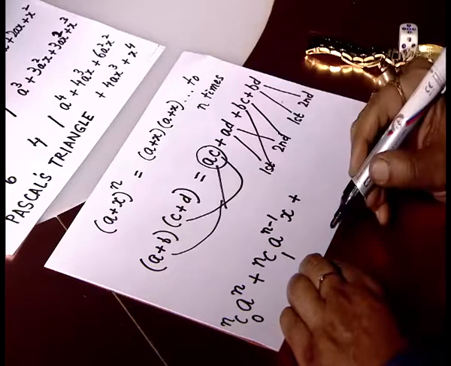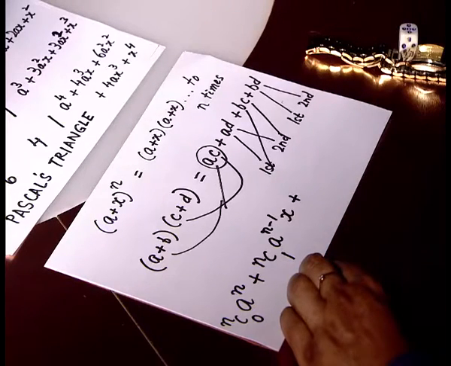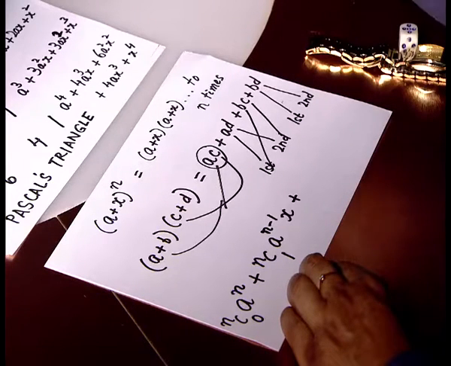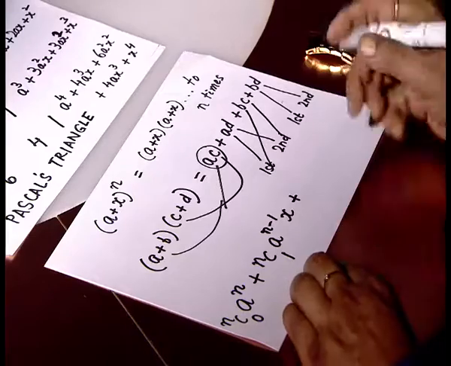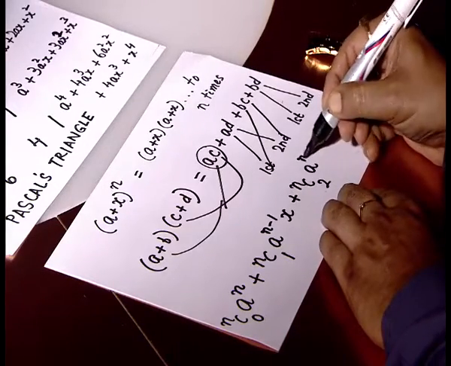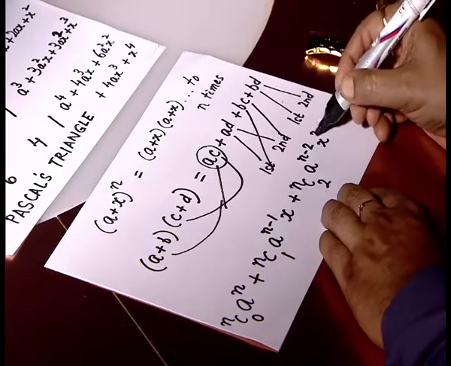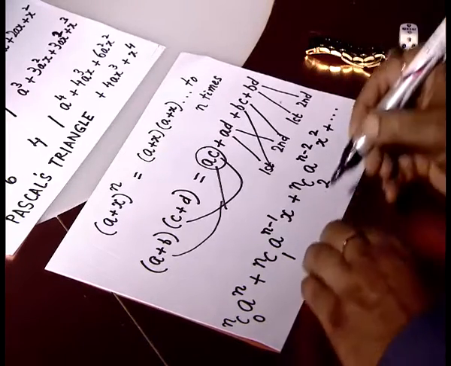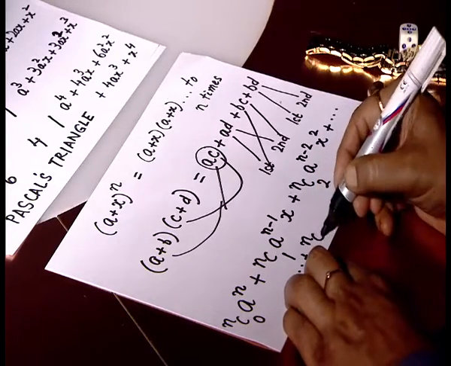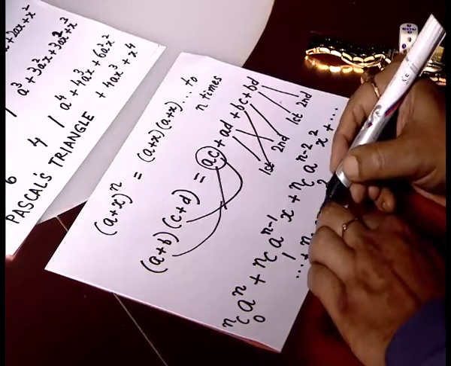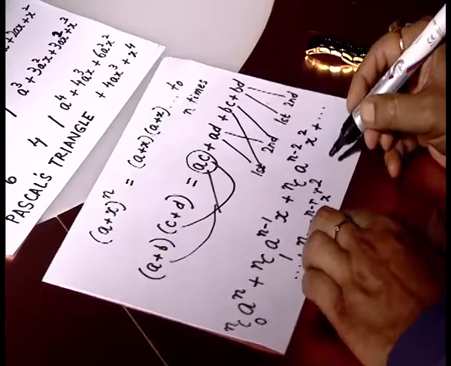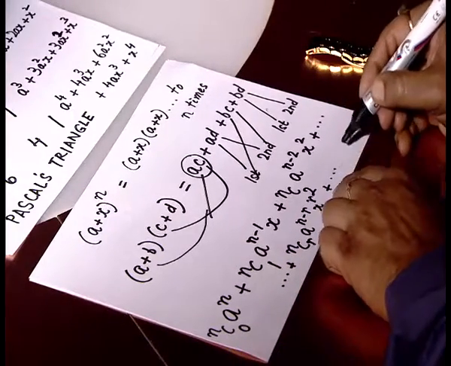Similarly, the next term would be n minus 2 brackets contributing a and 2 brackets contributing x. So, 2 brackets out of n brackets contributing x, and that would be nC2 a to the power of n minus 2 x square, and so on and so forth. The general term would be nCr a to the power of n minus r x to the power of r,